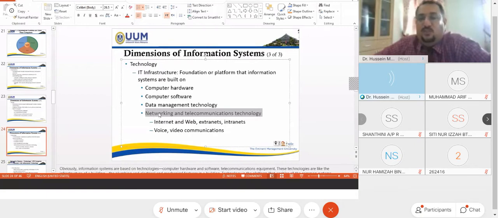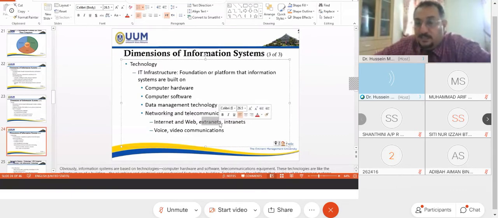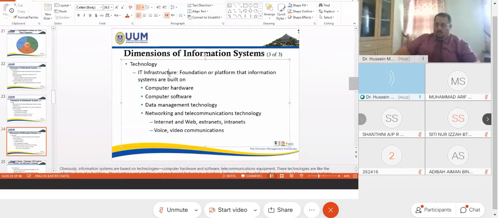What's the network? Without a network, we cannot do that. We have the internet and the web. Some companies among branches have their own extranet. This is a private network, so no one from outside can log in. Or for example, among partners, they have this extranet for their own. They can set this kind of network. Voice and video communication, all that is related to